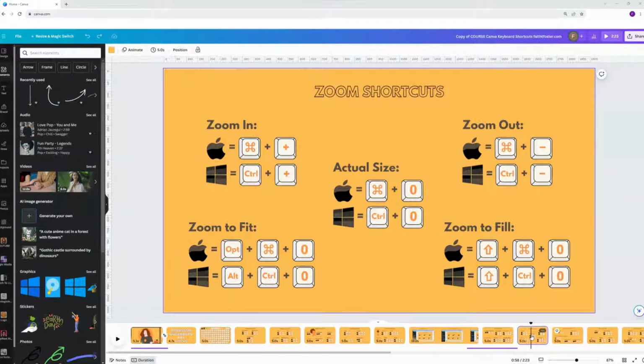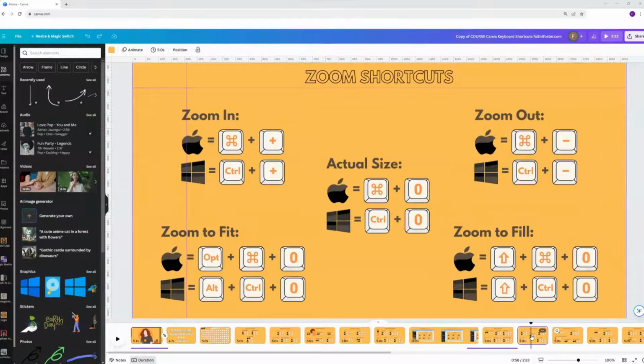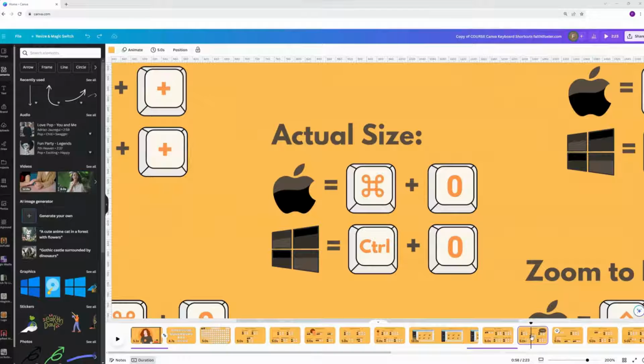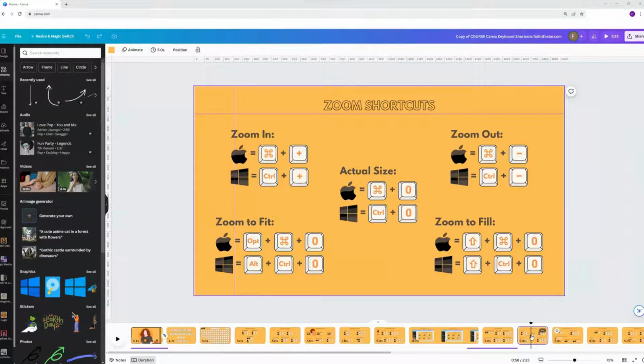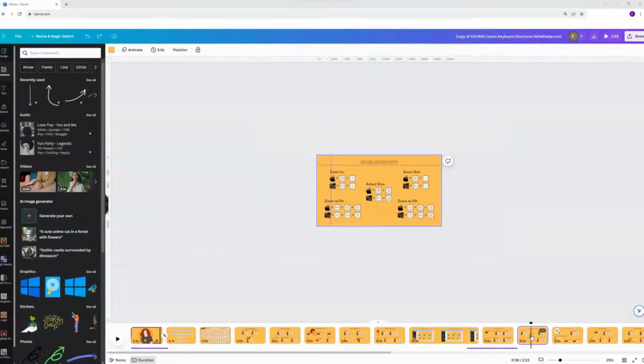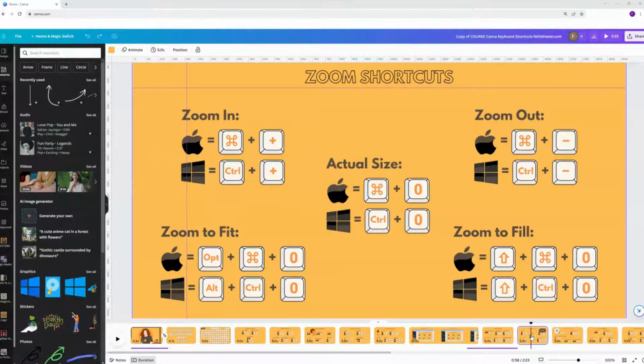Let's start with zooming in, which is Control+ or Command+. Zoom out with Control- or dash. Let's go out a bit further. So if we want it the actual size, we'll do Control 0, and it brings it back to actual size. If we want it to fit to the area, we'll press Alt Control 0 or Opt Command 0,